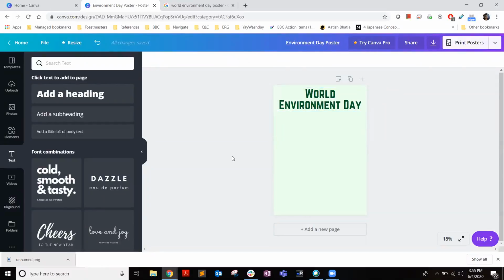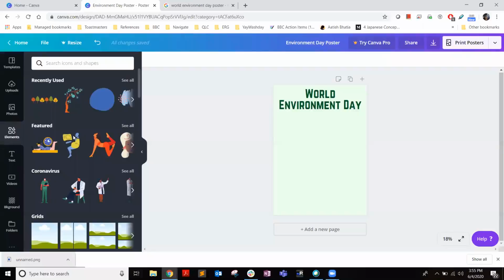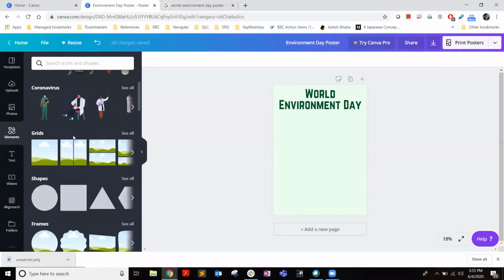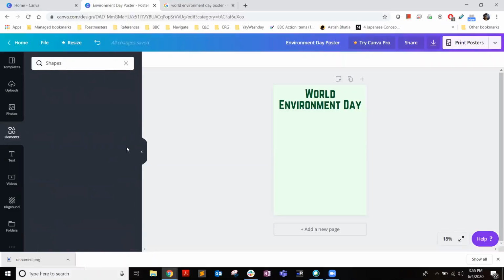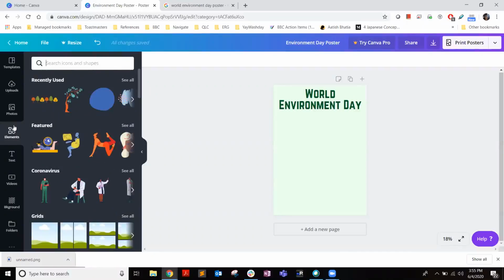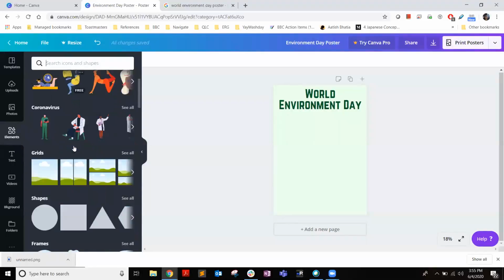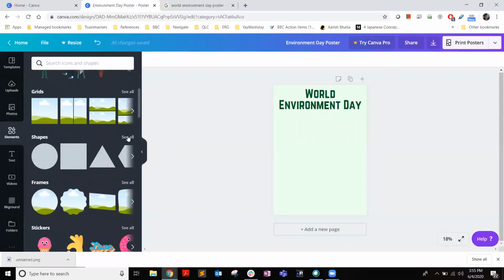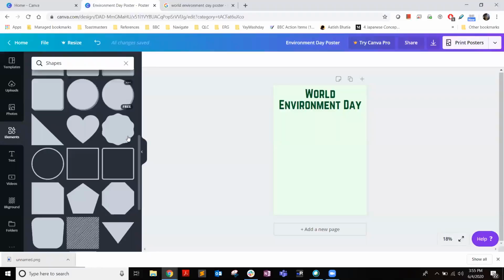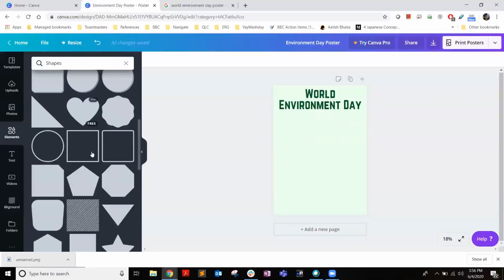Great. Now to make it a little more enhanced, let's move to elements and add a black or a dark green border around it. You will see how different it looks as soon as a border comes in. So to make a border, we'll go to elements. Just come back to the screen. I'll show you how to do it. We'll move to elements and then to shapes here. We'll go to see all shapes and we will choose a square, but this is a filled square. We need an empty square. Only the borders are needed.